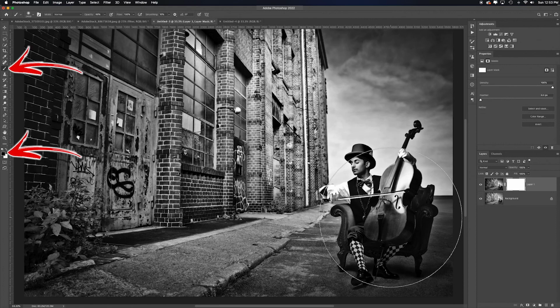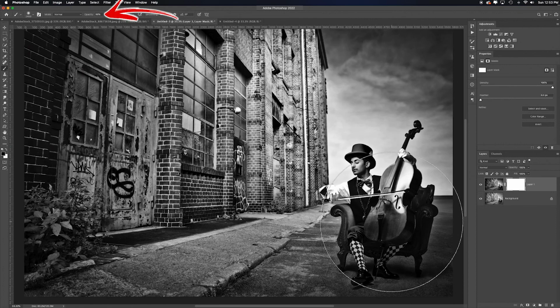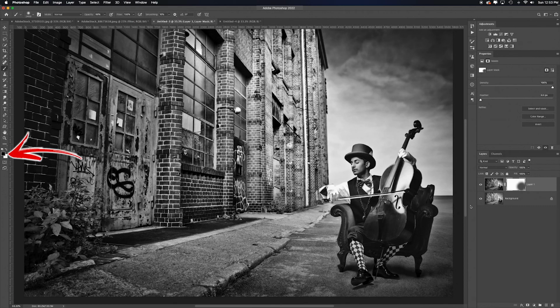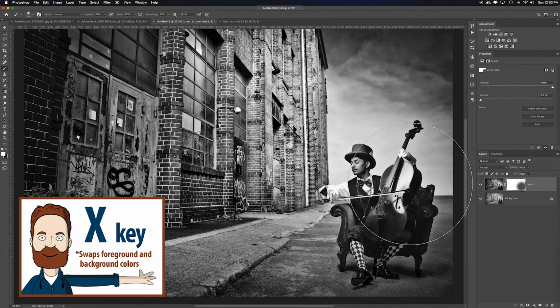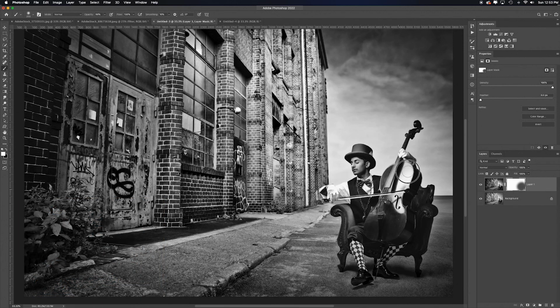Black is already in my foreground. My brush is already chosen. My opacity, look up there, is at 50%. So I'm just going to tap a little bit to pull back some of the information here. And then if I wanted, I'll hit X to swap my foreground and background colors, and I'll just pull back any